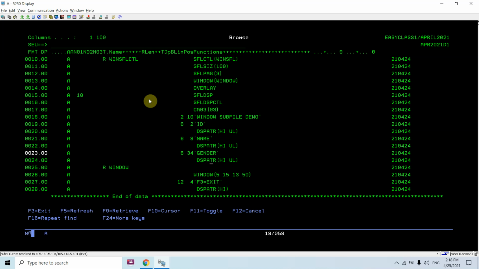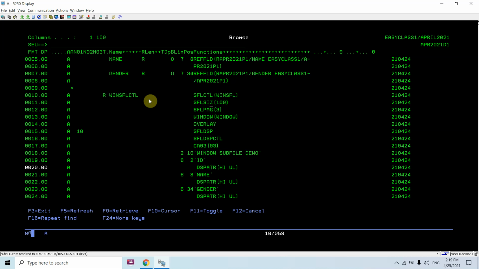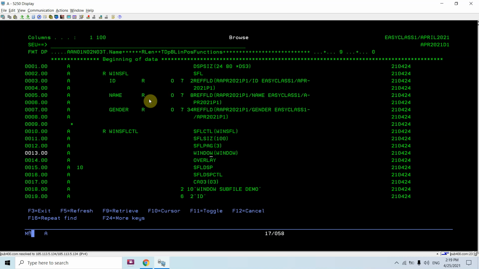and these are the headings: Windows subfile demo, ID, name, gender. Now you can see the one difference between the normal and the Windows subfile is the WINDOW keyword. I have used the WINDOW keyword here, and in this keyword I can specify the dimensions. There can be two ways.